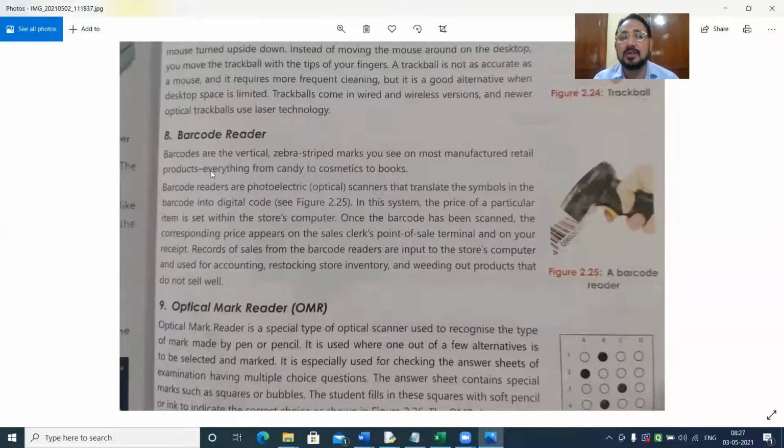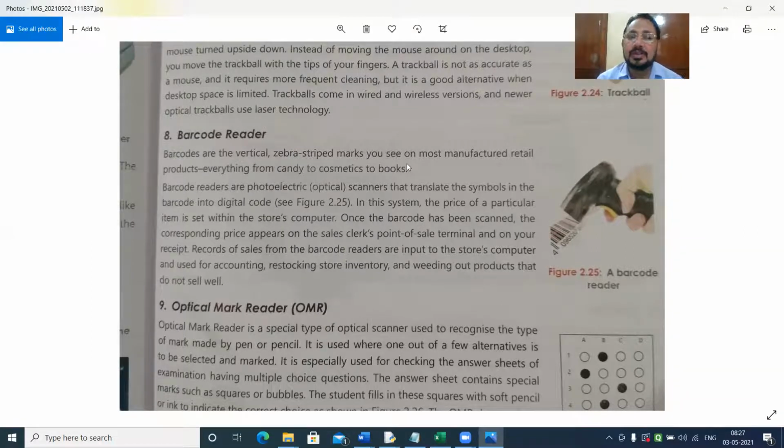Next is your barcode. Barcodes are the vertical zebra striped marks you see on most manufactured retail products. Everything from candy to the cosmetic to the books. You go to any shopping mall and when you purchase any item, when they are going for the billing part, they use a barcode reader.